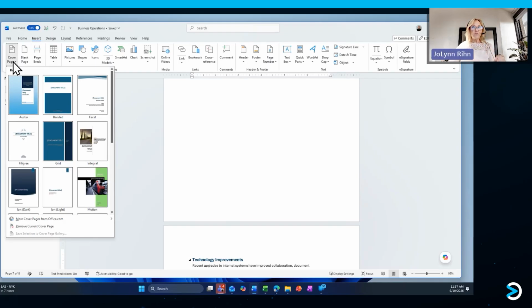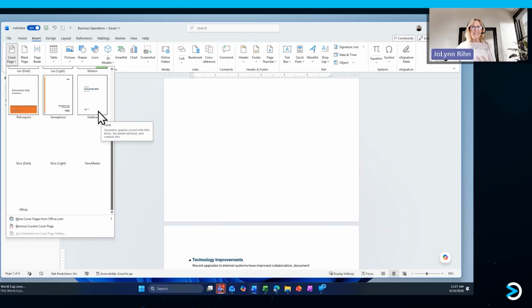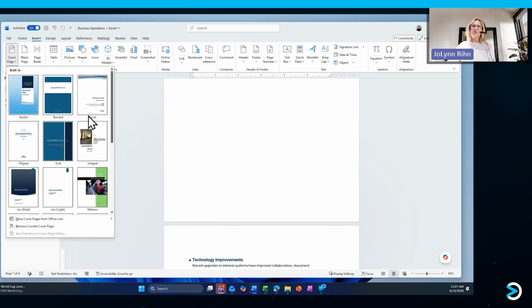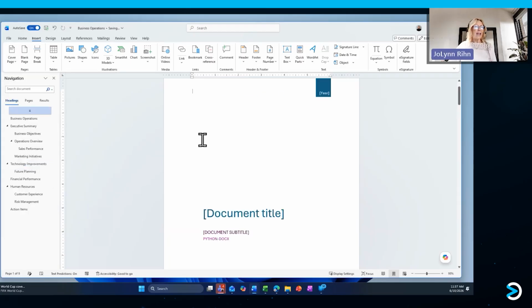Built into Microsoft Word are some pre-designed cover pages that will automatically go to page 1. A couple of other things will happen that I'll show you once I add one. Now, even if you don't like exactly what's there, like an image or the colors, you can always change the elements that get added to the cover page. But I'm going to choose a more simple one. I'm going to choose this Ion Light. When I clicked on that, it automatically put it as page 1,